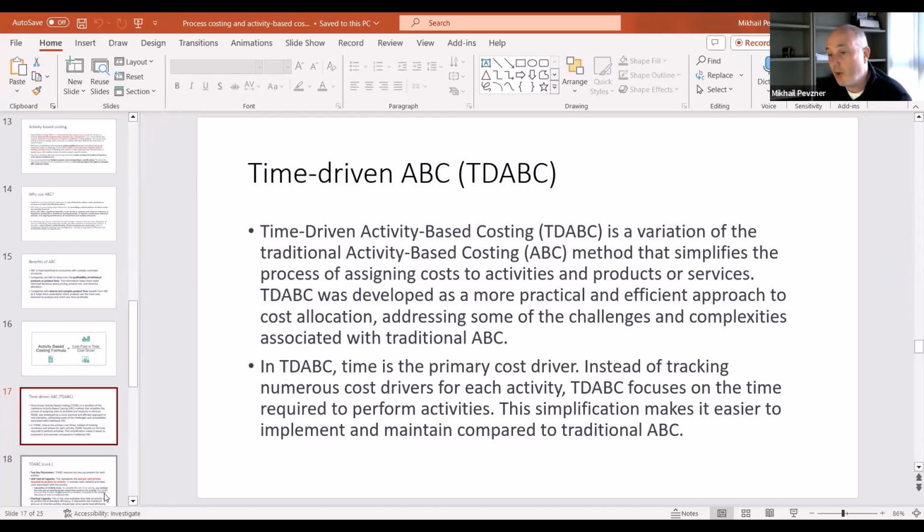So where it probably works well, where it's more precise, is when you can easily track time for certain activities, right? Like I was talking about, how much time does the dean spend on MBA versus undergrad, right? Well, we can maybe more easily figure that out. So if it's worth it to track it, that was the idea. Rather than look for multiple drivers, it gives you one driver, sort of time. But time drives everything. But they also didn't stick very well, as it turns out.